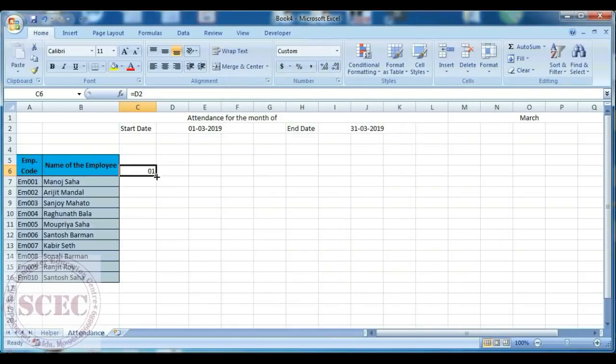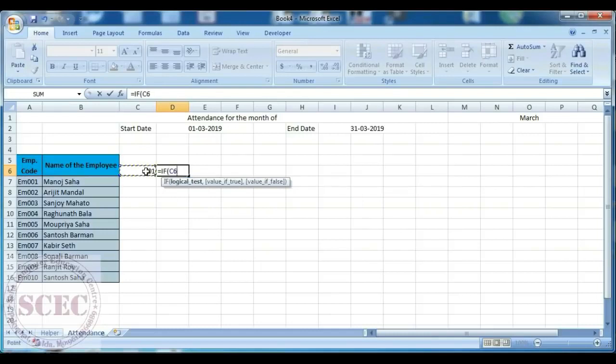We got 01. On the next cell we have to give another formula, that is if this cell is less than this cell. So we have to keep this cell as absolute, so press F4 to make it absolute, then comma this cell plus 1, else it will be blank, bracket close, enter.